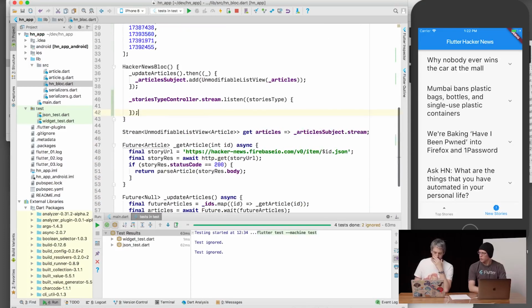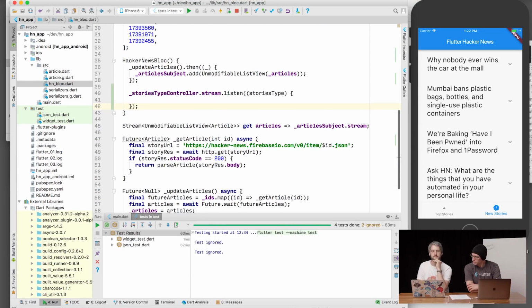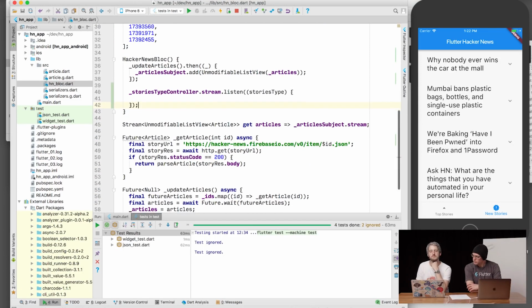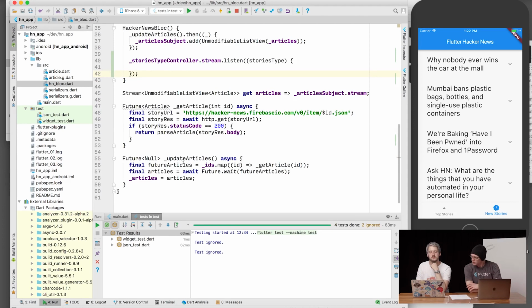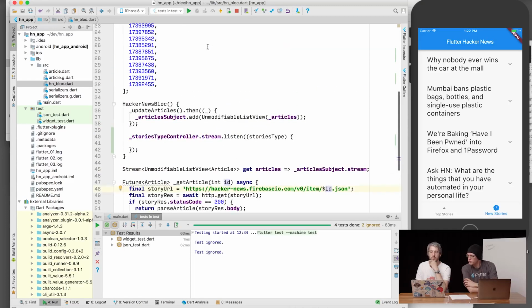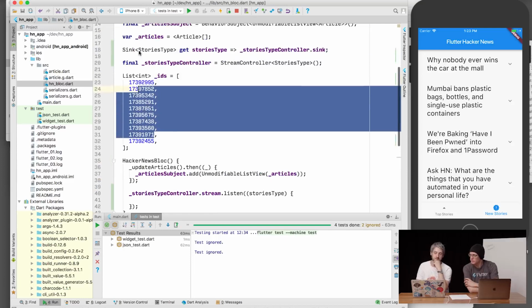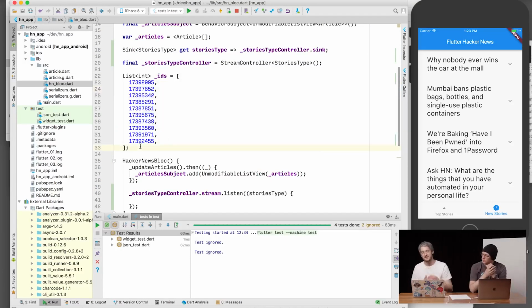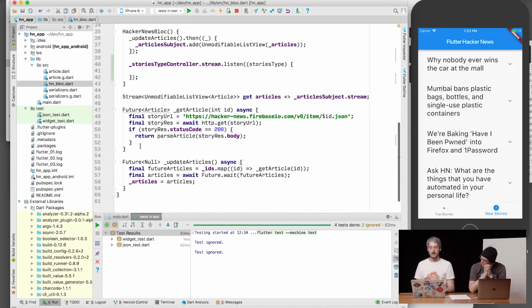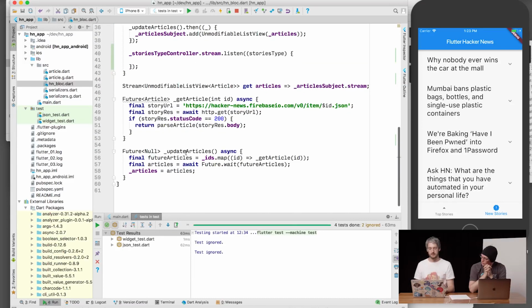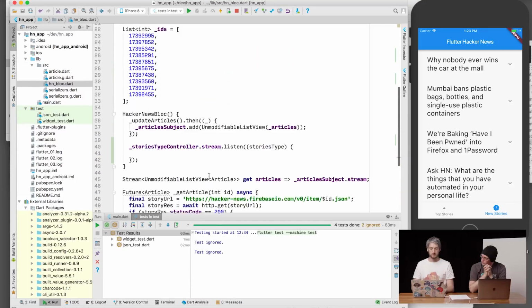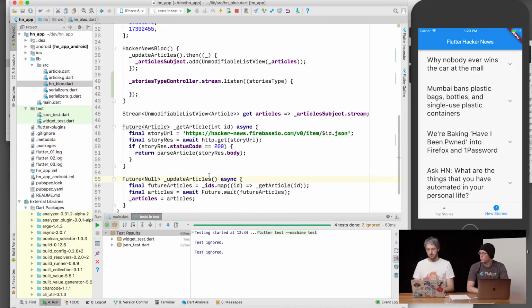And so what we could do is rename update articles to update top articles and update. Well, where are you doing the call? Basically, the only thing we need to swap through here is the story URL. We still don't have the IDs we're actually getting. So this could take a list of integers that you actually want to get, right? So list of int of